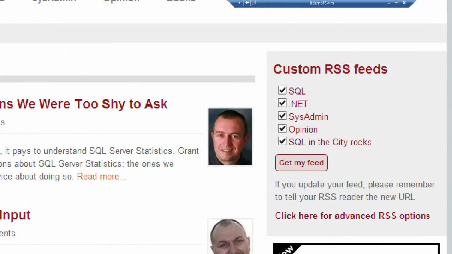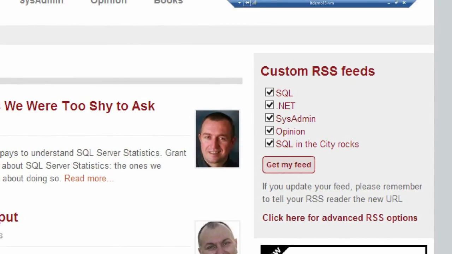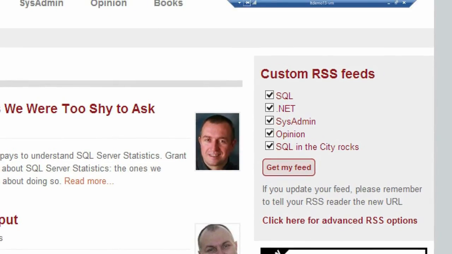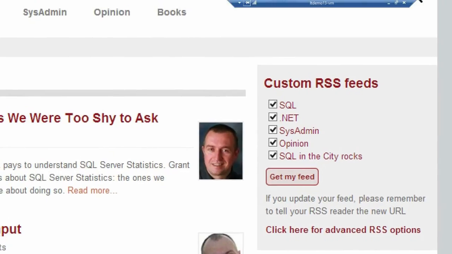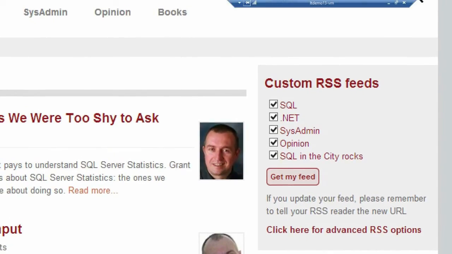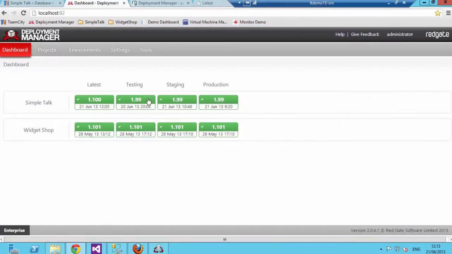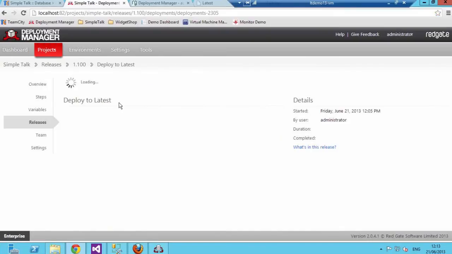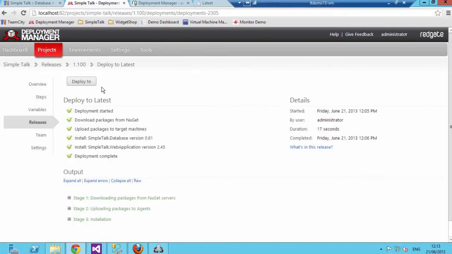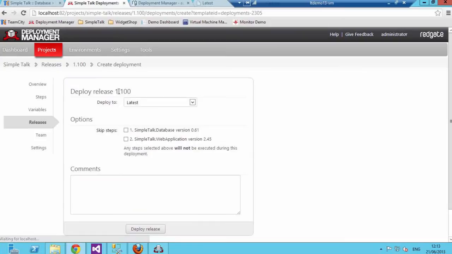No, sorry. So we can see, I mentioned this is static data. This is just reference lookup data in a table that we've source controlled alongside the schema. So we've made a change and I committed it, and we've automatically updated the environment. If we want to now deploy this to the QA team, how are we going to do this? Let's just refresh, make sure everything's up to date. So version 1.100 is the latest version. That's what we want. Deploy it to our testing environment.